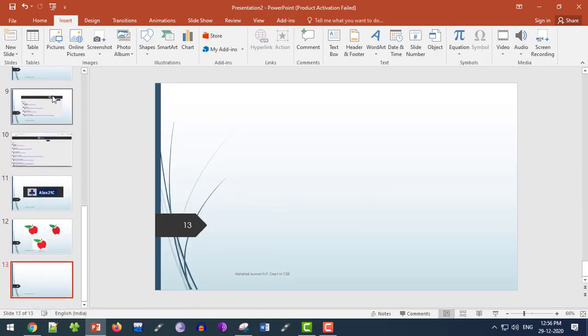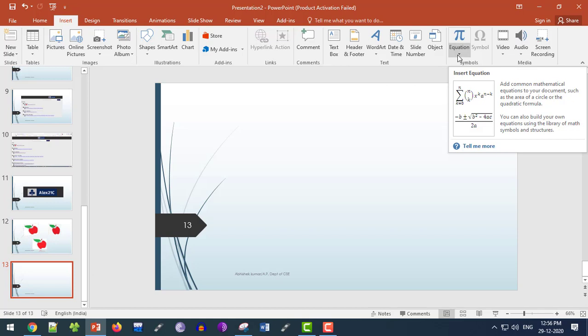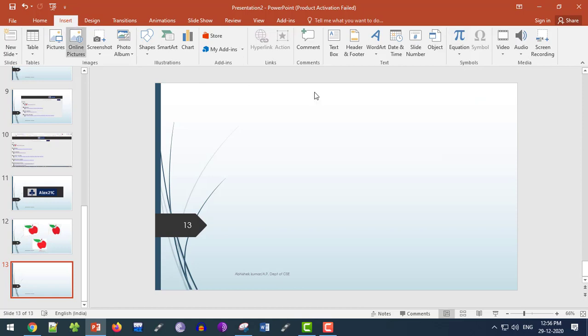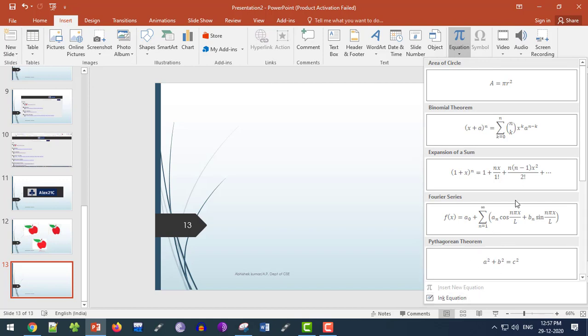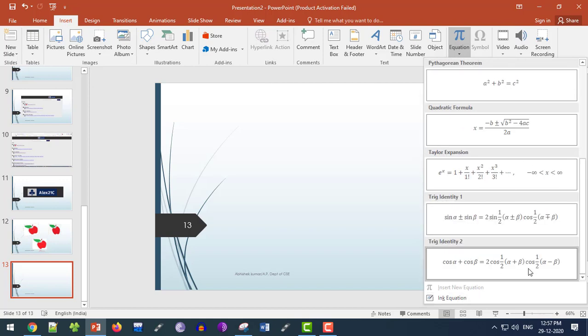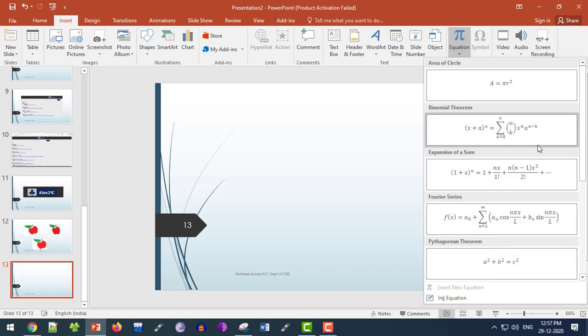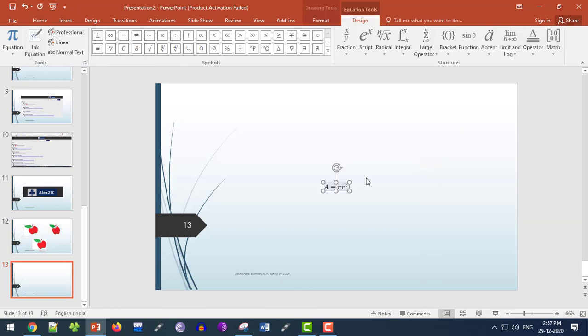So let's see next thing what we can discuss. There is an equation. If we want to express some mathematical formulas, we can use the equations. So let's just go through the equations. In the insert tab there is an option of equation. I click on it, and these are the simple equations PowerPoint is showing me. So I just choose this basic equation